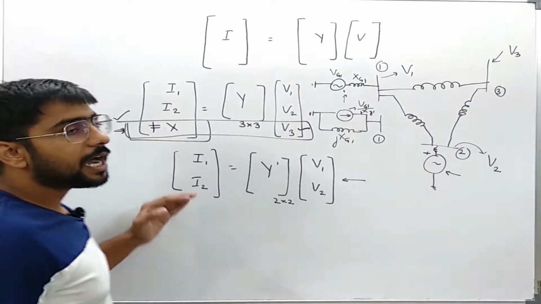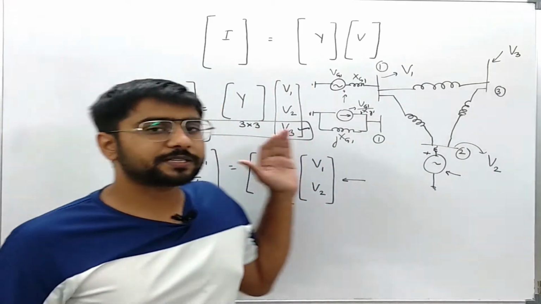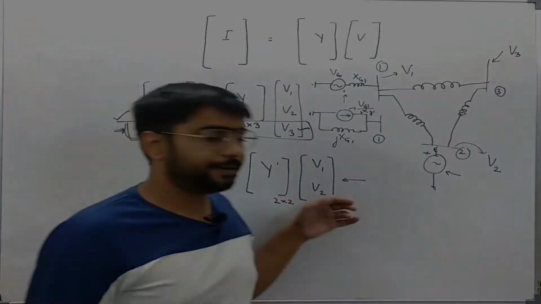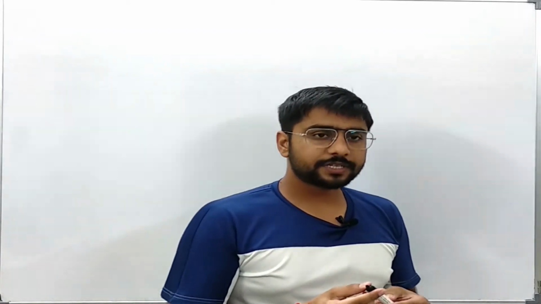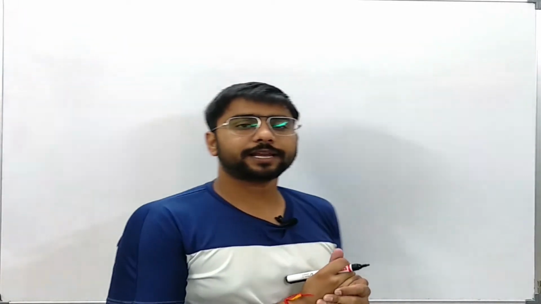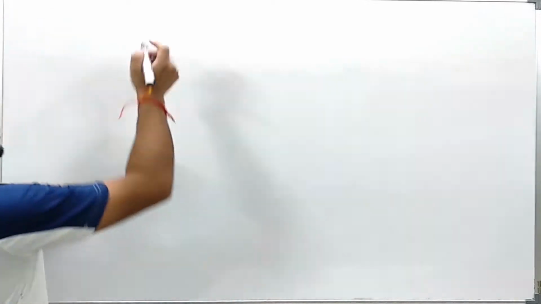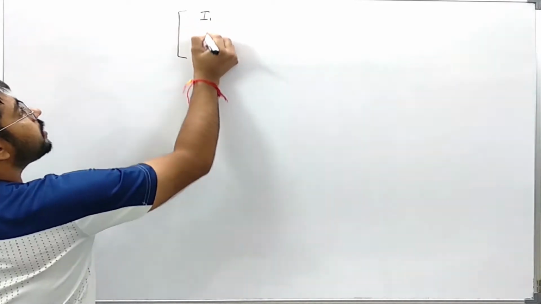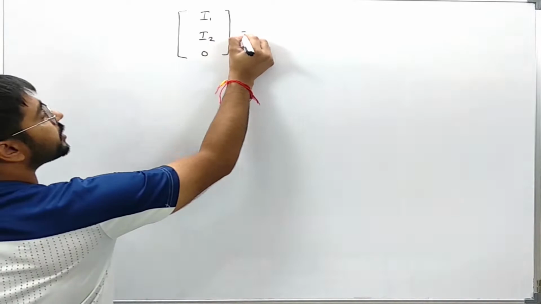Now we will see how to utilize matrix partitioning for elimination of those buses which do not have any current source entering into them, and we will see that in the next slide. Let us say that we are given a power system having 3 buses and a 4th reference bus, and bus number 3 does not have any current source entering into it. So I will write the nodal equation as I1, I2, 0 is equal to